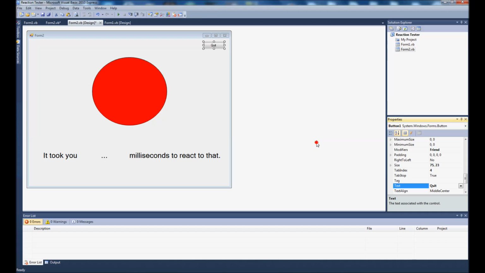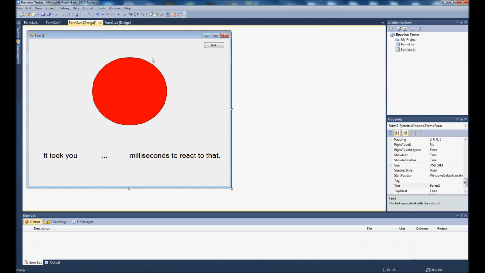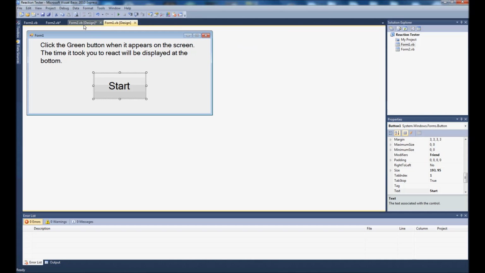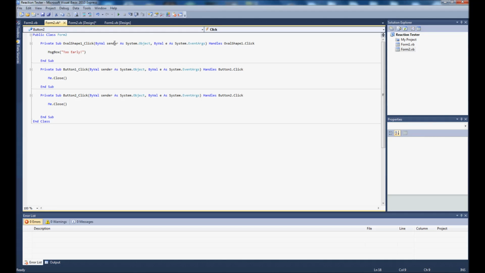Quit. I'm just going to pause the video here while I insert these buttons, because you know really how to do this. Okay, I've done the quit button, but I was also thinking you'll need to see how to do this, because you will also need to do me.close for the back button if you're going to make one. You don't have to make one, but you'll see why in a minute why you have to make it me.close